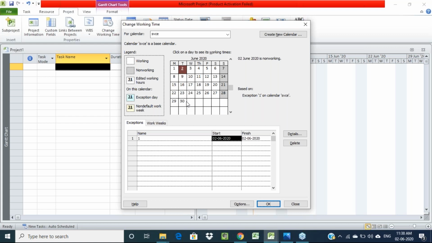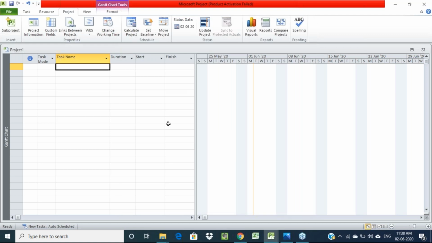Right now here we are not creating any exceptional holidays, only 5 working days in a week and 8 hours per day as working. That calendar we are going to use as a base calendar for our project now, right? So after creating the calendar like this, click on OK. So now we have created one calendar.